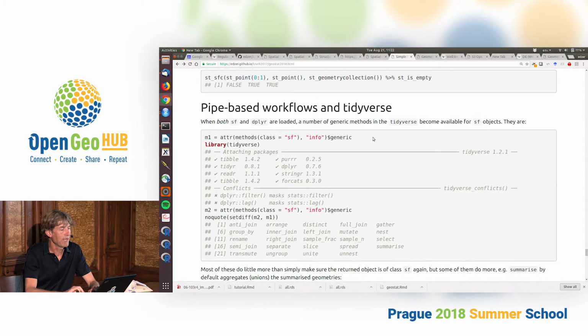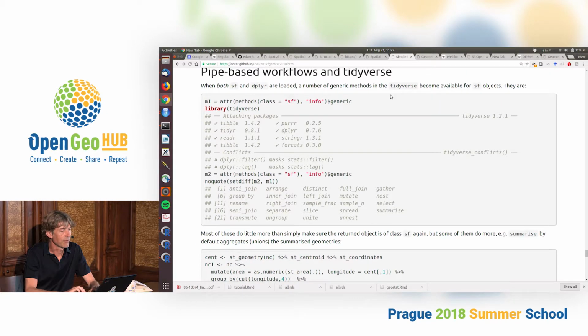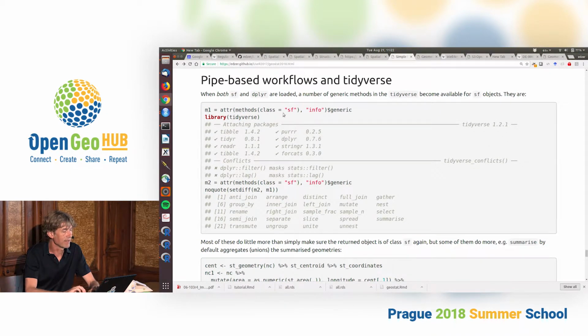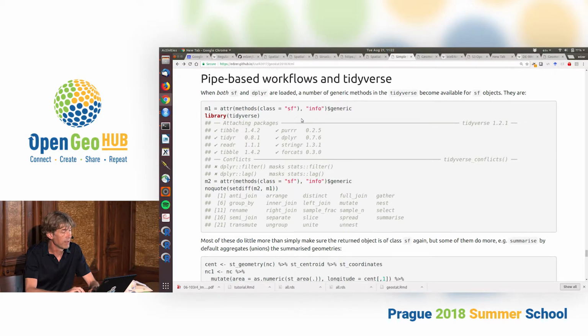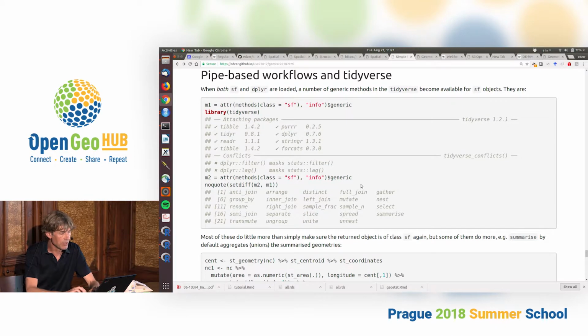So you don't know. Okay, then we have a very short section here on tidyverse for those of you who really like tidyverse. I mentioned yesterday there's a couple of functions where sf adds something, does something in particular. In particular for summarize, I mentioned, it will create new geometries by unioning the geometries that we summarize. So summarize summarizes records, or summarizes features in our case, and then the sf variety of that also merges, unions their